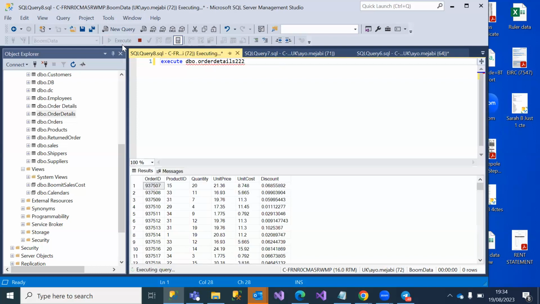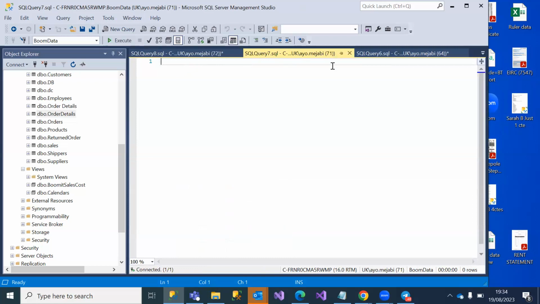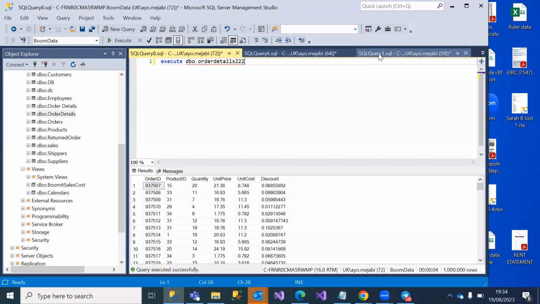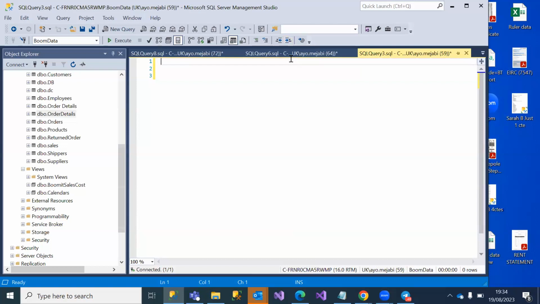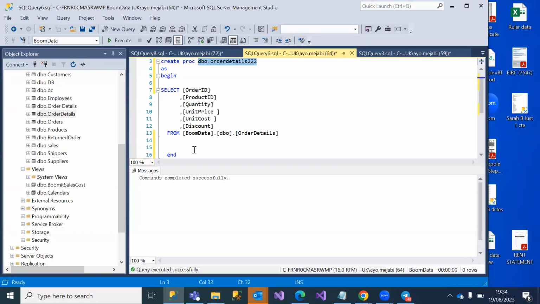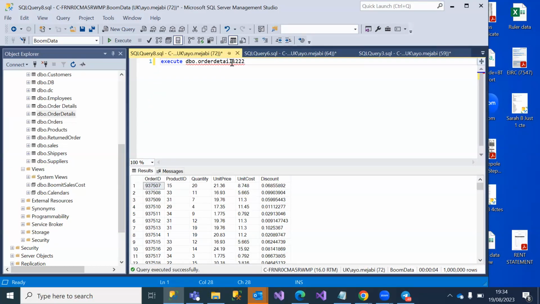Boom. So basically, everything you saw here that I used code to bring out, what I have just done with my stored procedure is this. I have stored them in a procedure called that name. Now, every time I need to run this code, even in a million years' time, I don't need to go and start writing all of these things again. All I need to do is just execute that.